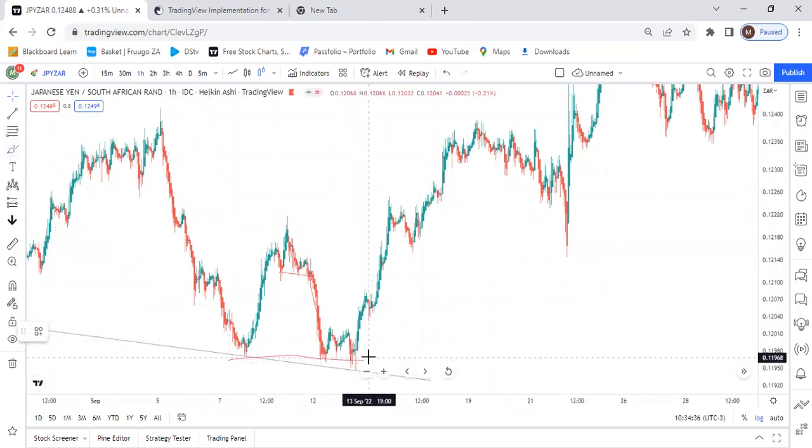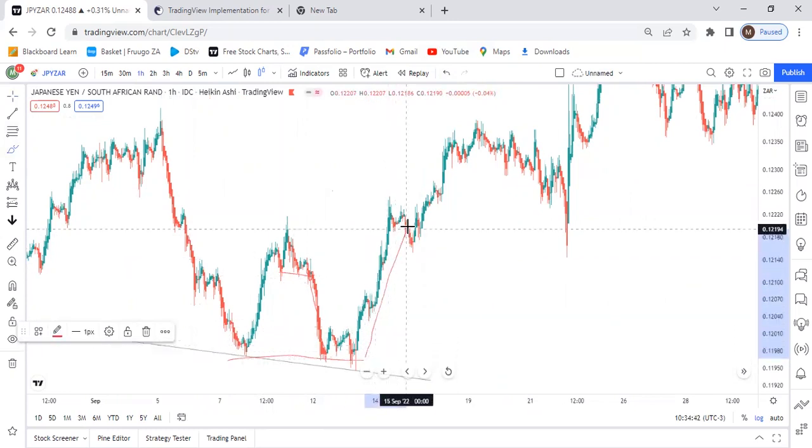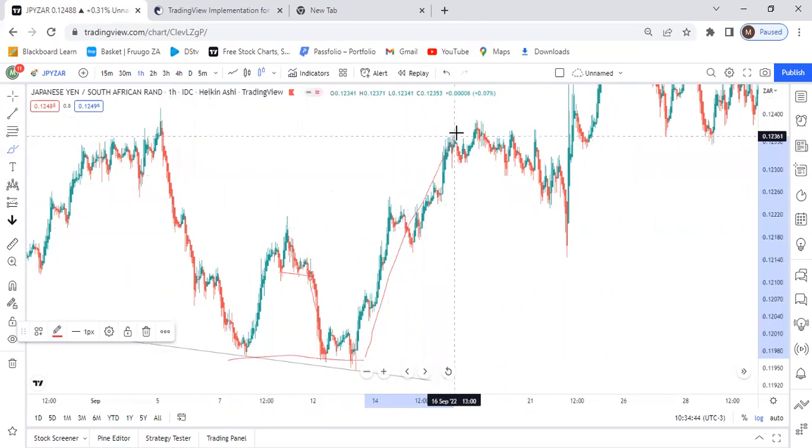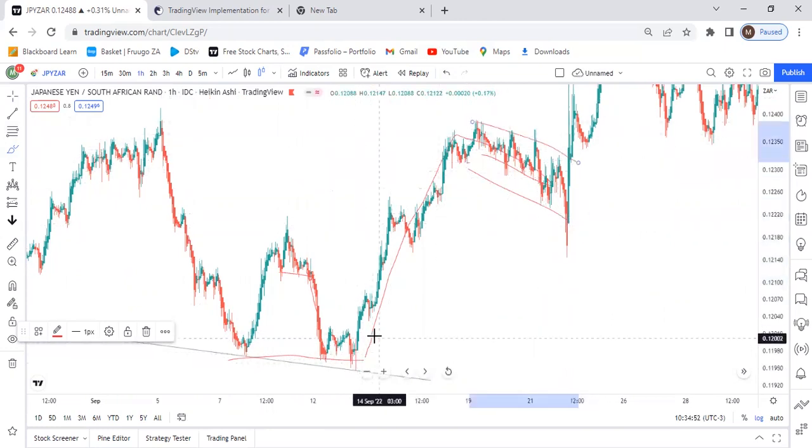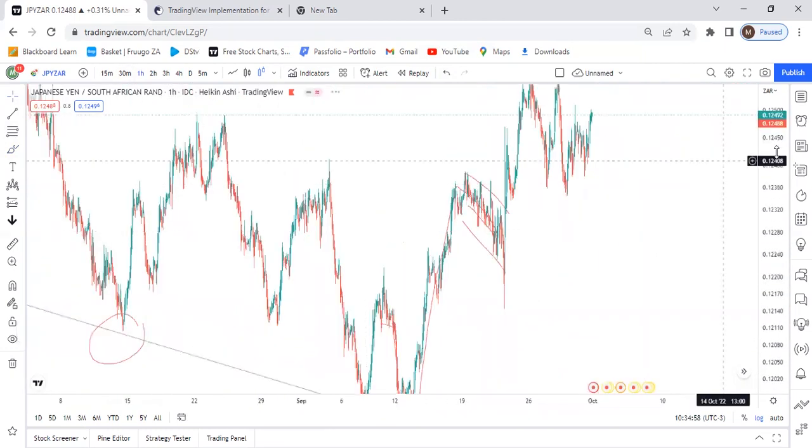Yeah, but then if you are not sure about your double bottom, you could have waited for the market to give you a nice impulse and then a correction. So you trade off the correction if you are not sure about this one. So you have a lot of options to approach